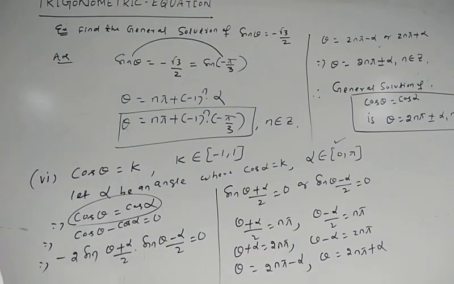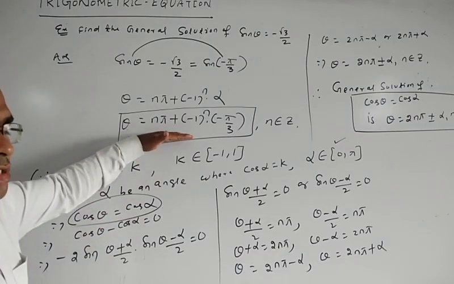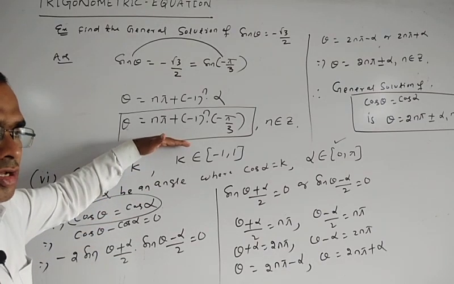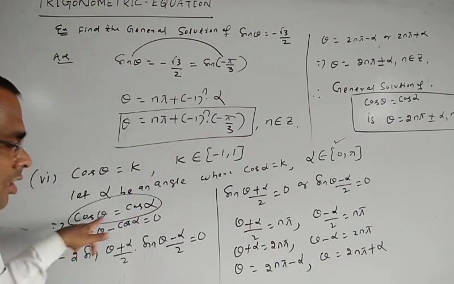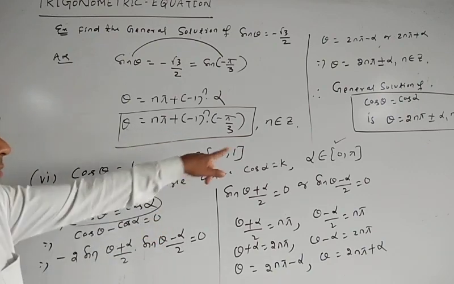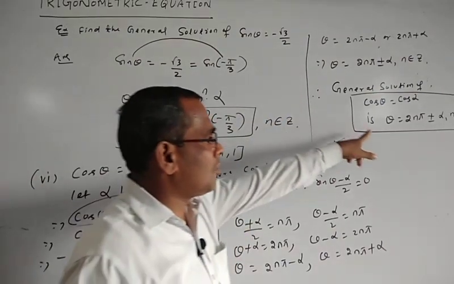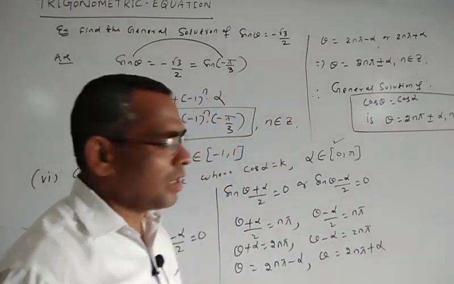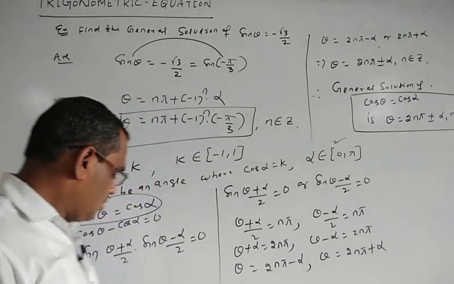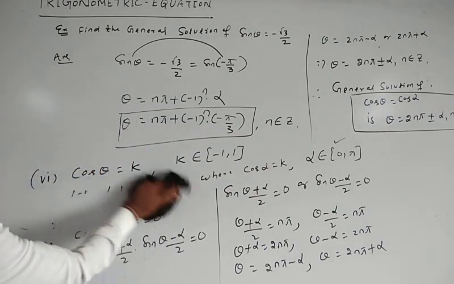So first you have to write cos theta is equal to k. The solution means first write cos theta is equal to cos alpha, where alpha belongs to the closed interval 0 to pi. Then you apply directly the formula theta is equal to 2n pi plus or minus alpha. For example, find the general solution of